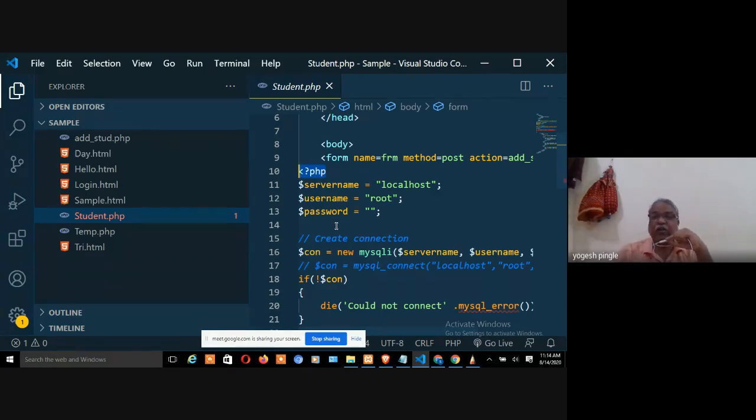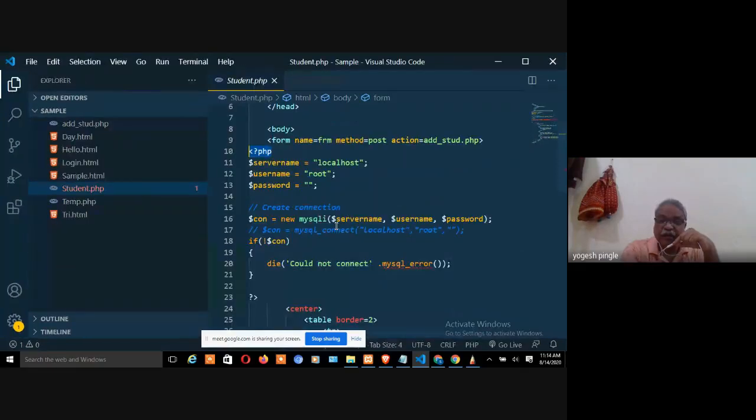You have to inspect the object and do the needful. This is very few LOC, line of code, but once you go for a real-time project, you will come to know how much coding you have to do. And if you forget this particular symbol, it's a problem.